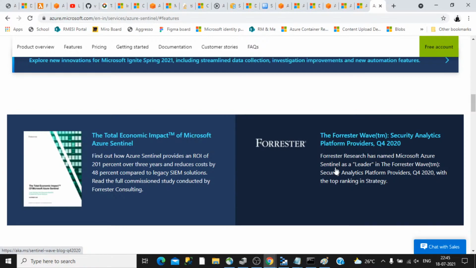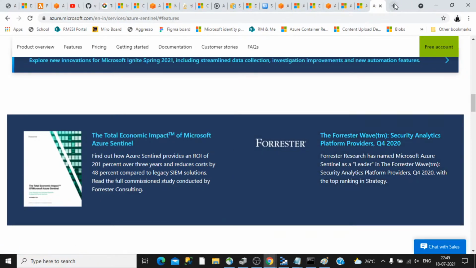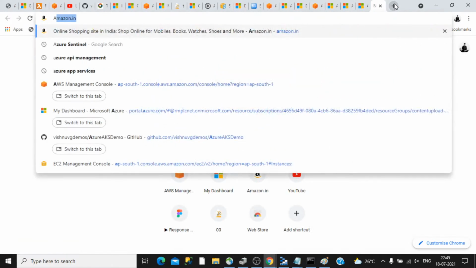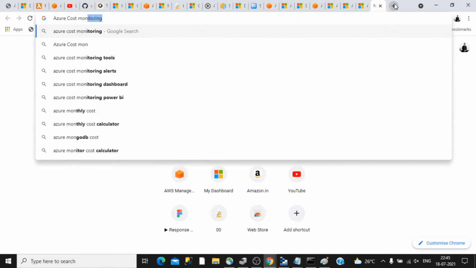What Azure Monitor does is collect the data not just from the Azure resources but also from different areas. In addition to that, it can also provide valuable insights, like how your application has been behaving for the past few days and such things. If you build a dashboard for that purpose, it will take quite a lot of time. So it will be better to include this kind of thing, but the cost factor will be there. All the different costs can be evaluated from the Azure cost monitoring.